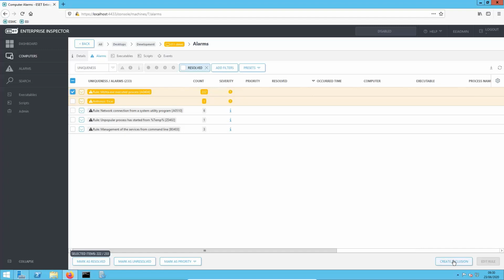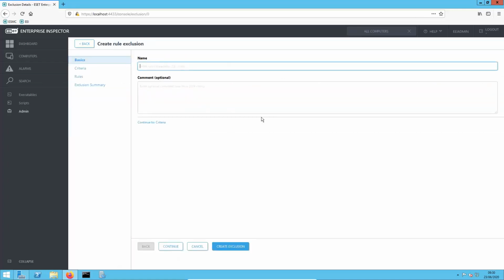To every rule, you can have some exclusions. You can specify which processes, which users, which computers are not triggering the alarm, even if they are doing the activity which is defined in the rule. So let's check it out. I will show you what it looks like. I can call it